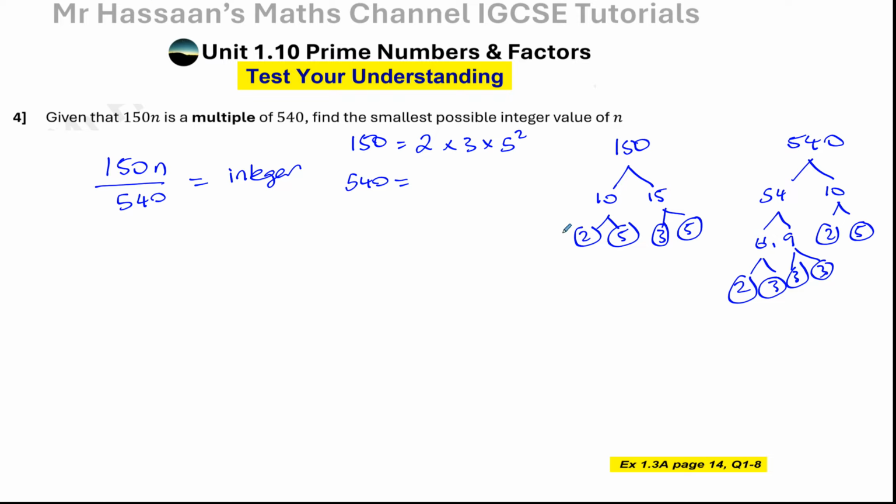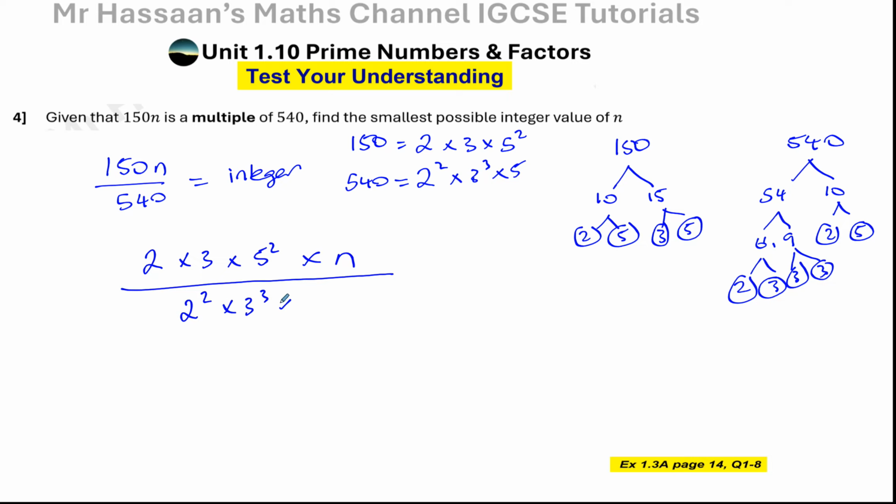Okay, so we have 2 times 2, which is 2 squared, times 3 times 3 times 3, which is 3 cubed, times, there's just one 5 here, right, times 5. So 150 times n, so 2 times 3 times 5 squared times n over 540, which is 2 squared times 3 cubed times 5. All right, so basically for this to be something where everything in the denominator cancels out,